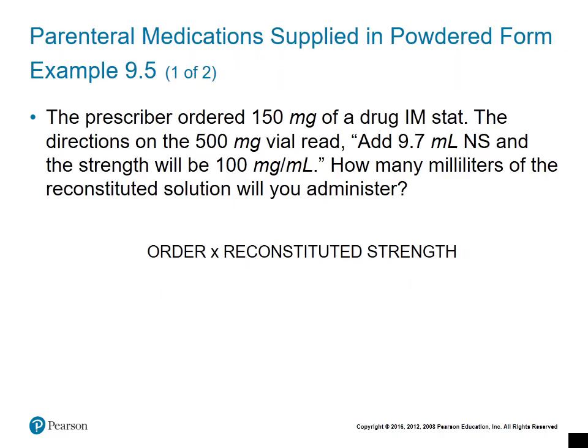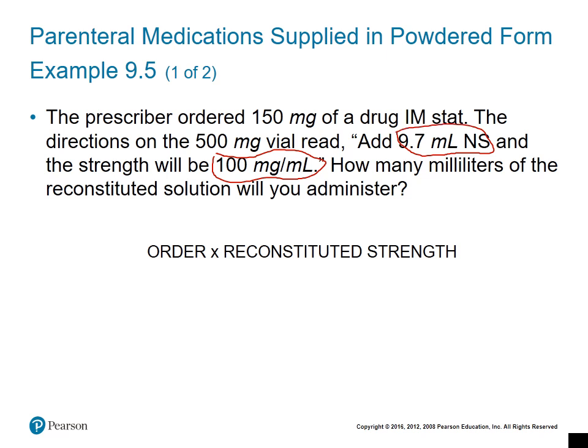The prescriber ordered 150 milligrams of a drug intramuscularly stat. The directions on the 500 milligram vial read: add 9.7 milliliters NS, which we now know is normal saline, and the strength will be 100 milligrams per milliliter. How many milliliters of the reconstituted solution will you administer? Okay, so the directions are on the vial itself here. It's telling you how much to add to achieve a particular strength. In this case, we want 100 milligrams per milliliter, and that will be achieved through adding 9.7 milliliters of our